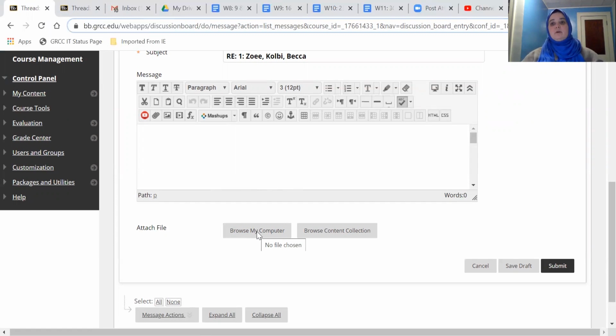But remember, you can only attach Word and PDF files. Do not try to attach a Pages file or some other random file. If you have something that's not Word, you want to convert it to PDF. And even Word you can convert to PDF before you submit it if you would like to. So that's pretty simple. Now, if you're using Google Docs, you would want to